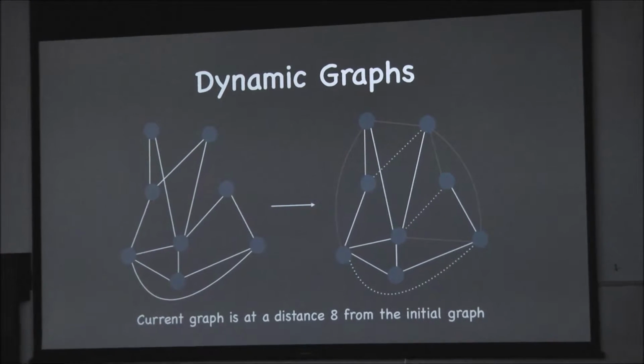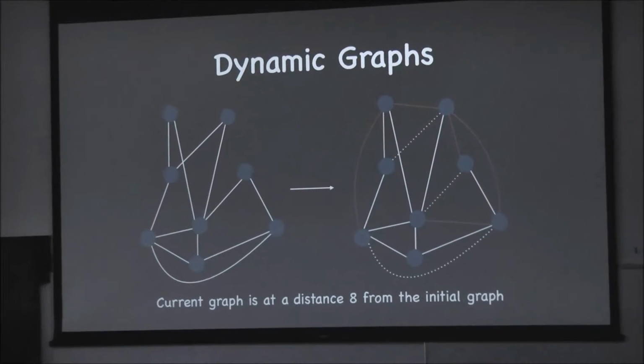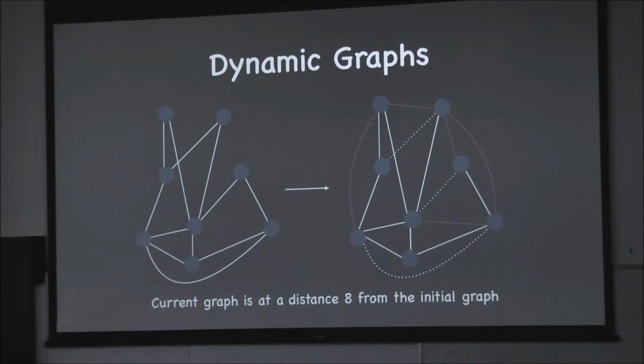Like I was saying, our input graph could change over time in terms of edges, and after some t steps of time, it could become a new graph where the edges are different. Let's assume that the vertex sets of the graphs are the same throughout the problem. So a measure of how close two graphs are could be the symmetric difference of the edges or vertices. Since the vertices are the same throughout, the difference between two graphs is measured in terms of the symmetric difference of their edge sets.